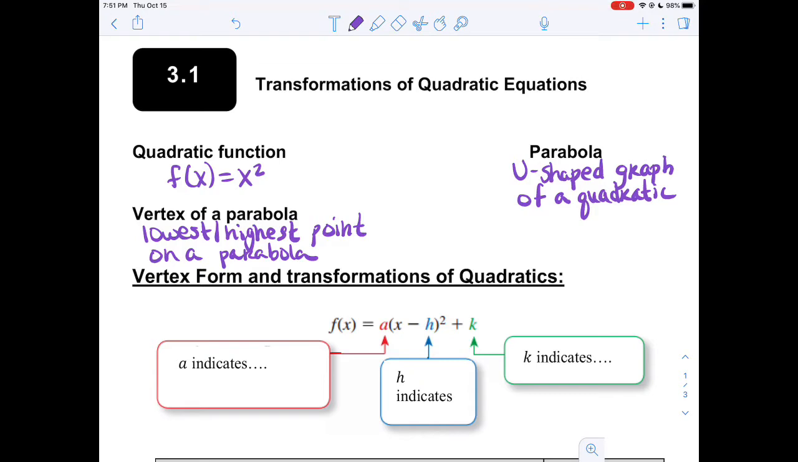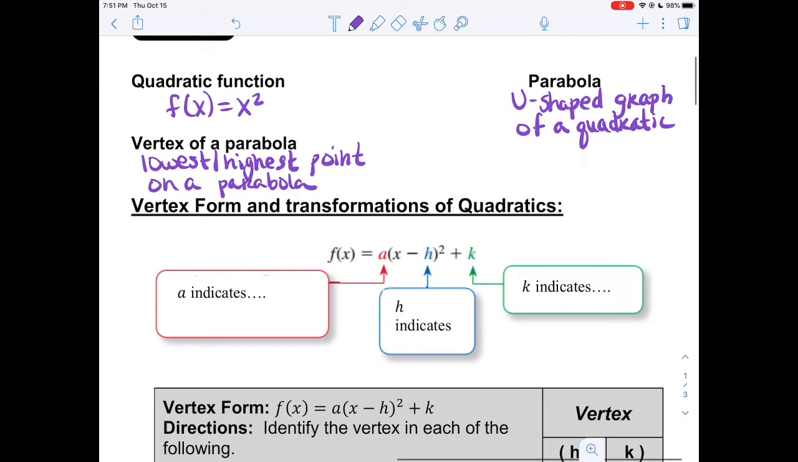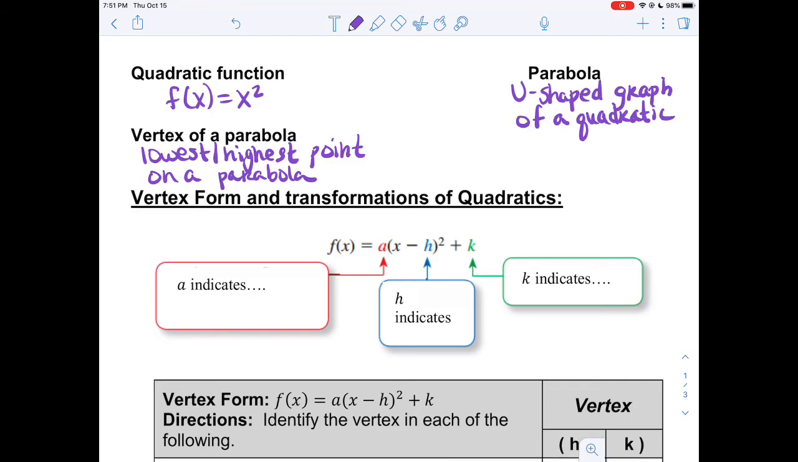Let's go ahead and take a look at a specific form of a quadratic function, and that is the vertex form. It's called the vertex form because you can very easily pick out the vertex from this form of the equation. The vertex for this equation is simply at h, k. So our equation is that f of x is equal to a times the quantity of x minus h squared